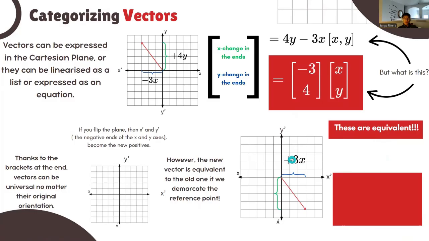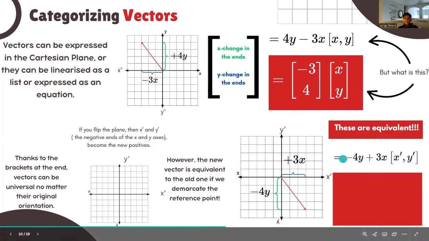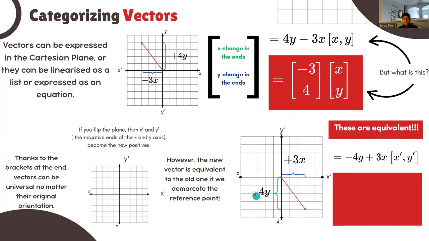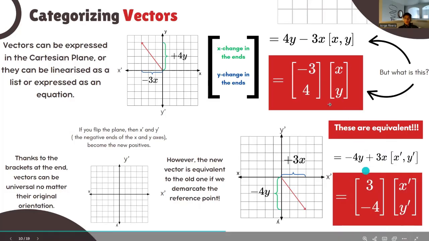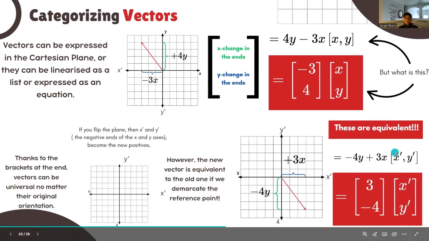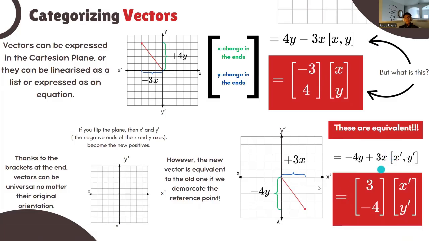So this means that this one's going to be plus 3x, and this is going to be -4y, because on this plane, the vector goes forward 3 and it goes down 4, right? But if we demarcate that, since we have the -4y here and the positive 3x here, if we demarcate that on this equation, the frame of reference is going to be x prime or x, y, then that means that these two things are equivalent, because this is just flipping the frame of reference, but they are still